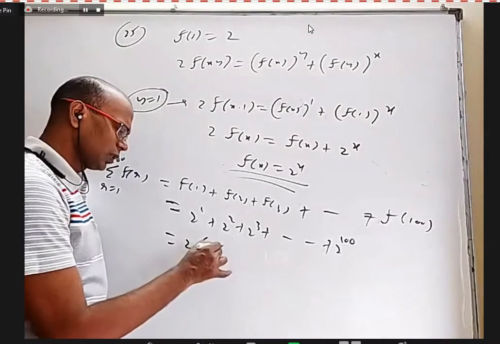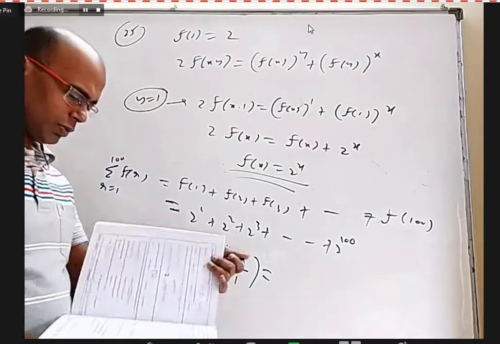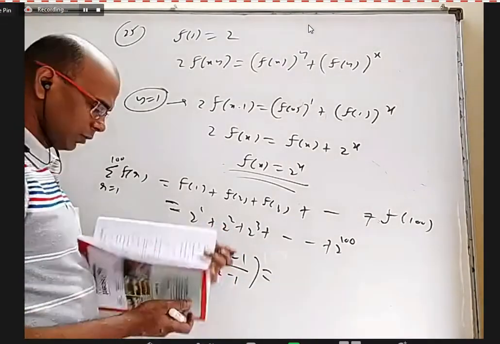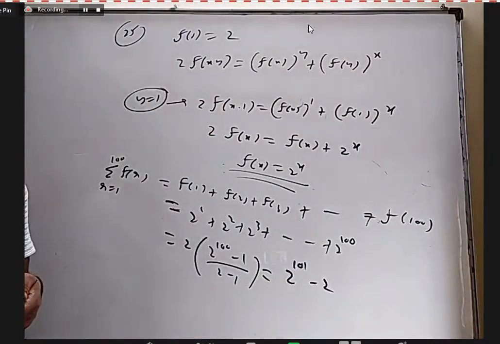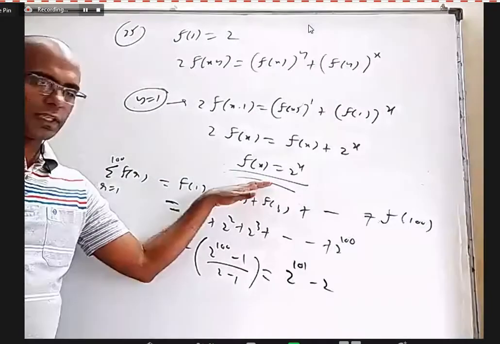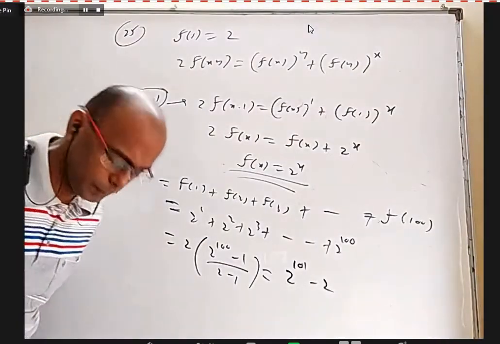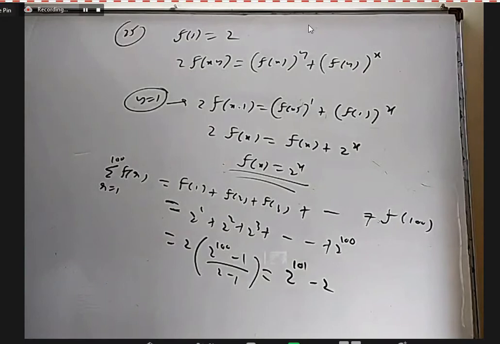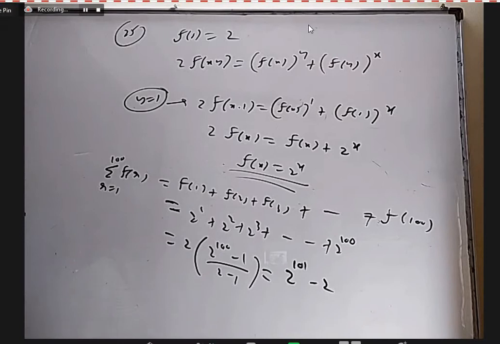2 into 2 power 100 minus 1 by 2 minus 1. This is 1. I can take 2 inside if required. Yeah, 2 power 101 minus 2. Okay, so the main point is just getting an idea that if you put y equal to 1, you are able to find the f of x clearly. After that, it is a geometric progression. You can use sum of n terms. So already in mains material, we've done things in order separately, domain questions, range questions, even odd questions and all. Here it is little mixed up.